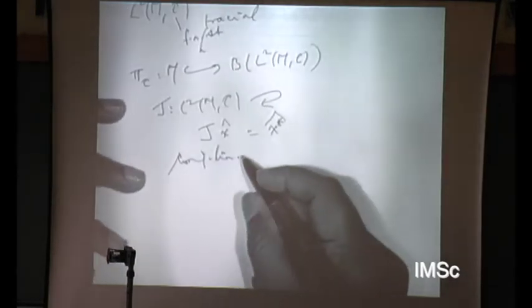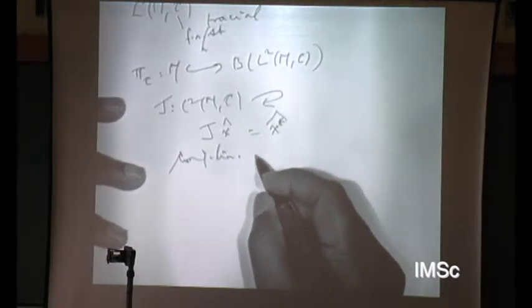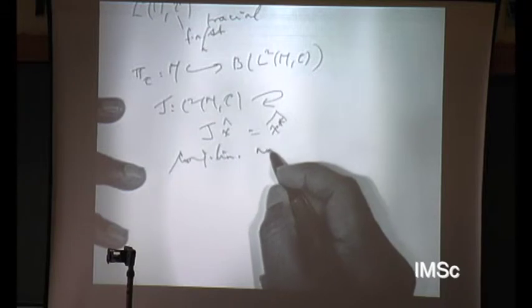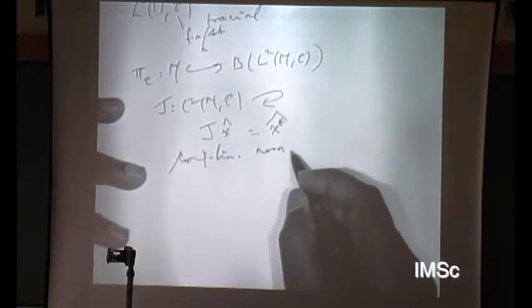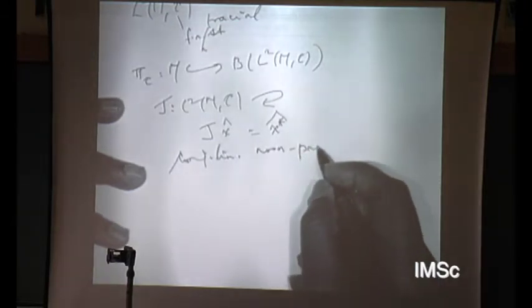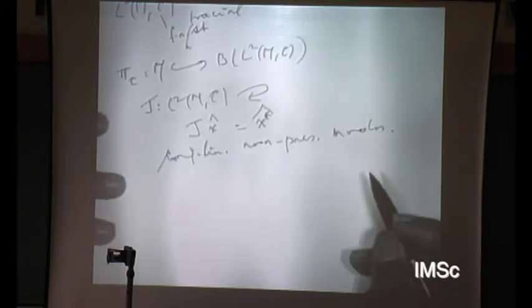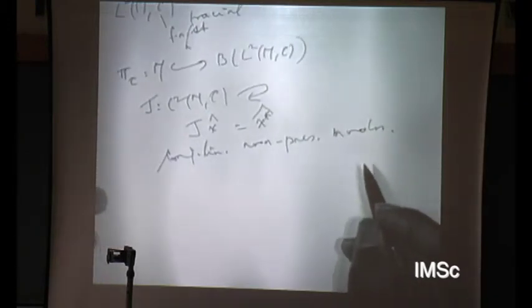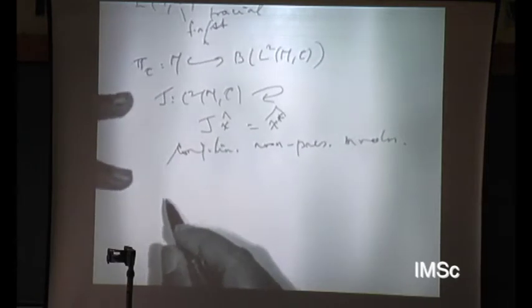Conjugate linear and J squared is 1. A norm-preserving involution. Right? J squared is 1. But that means that, in fact,